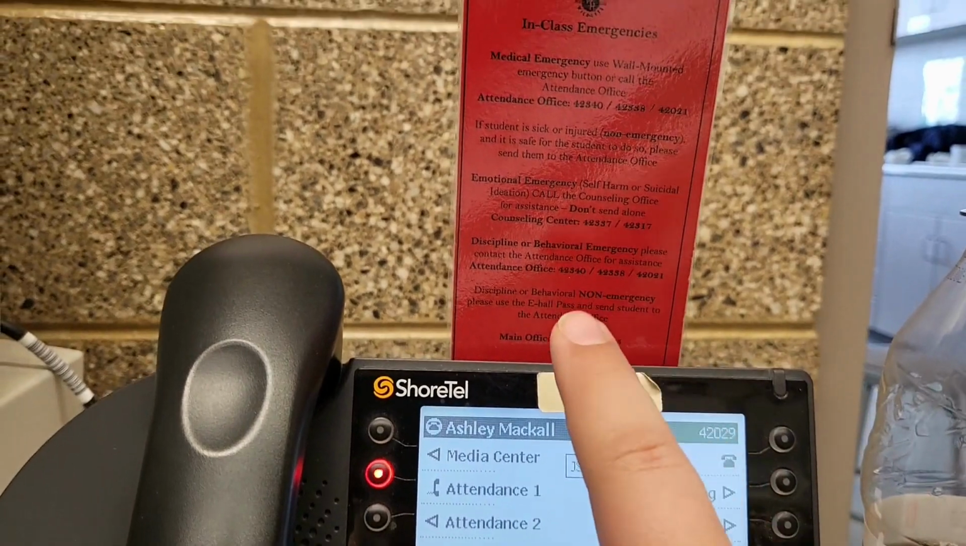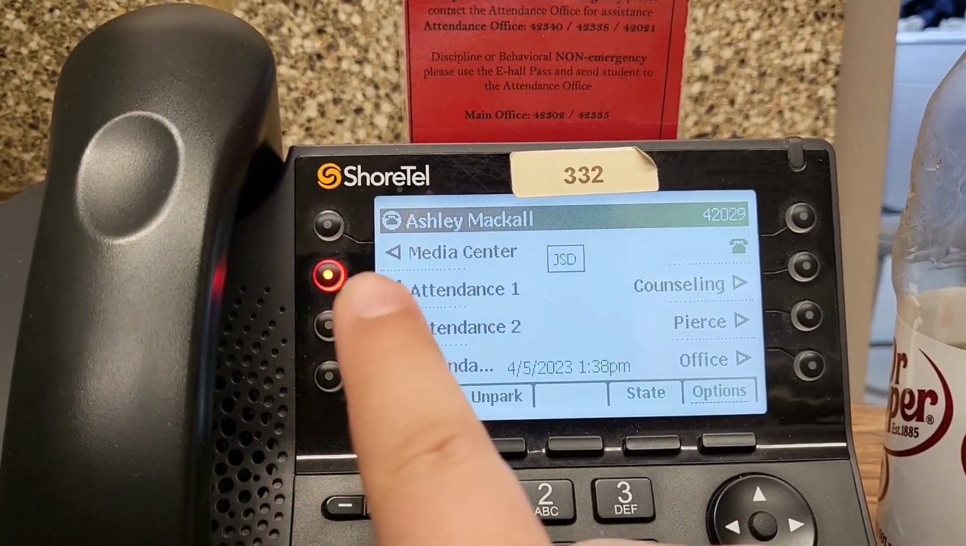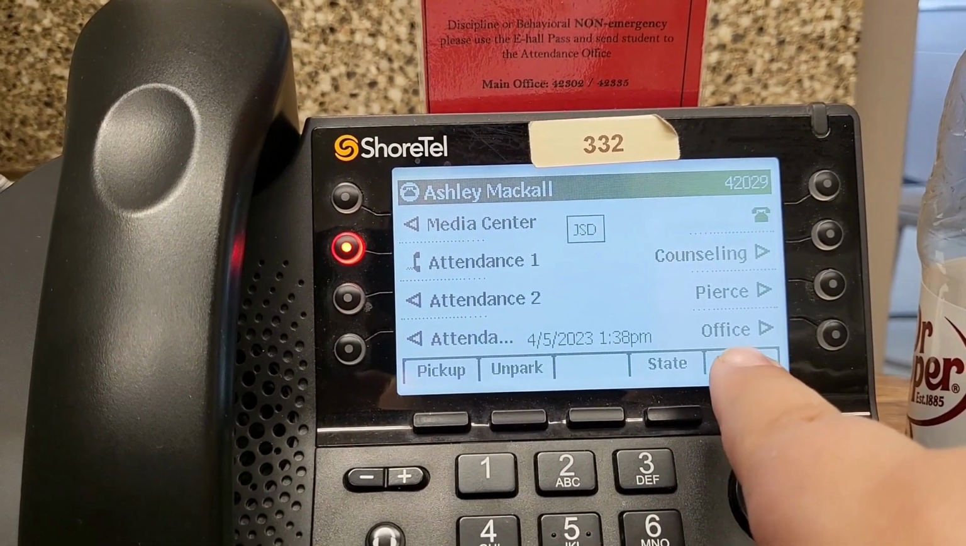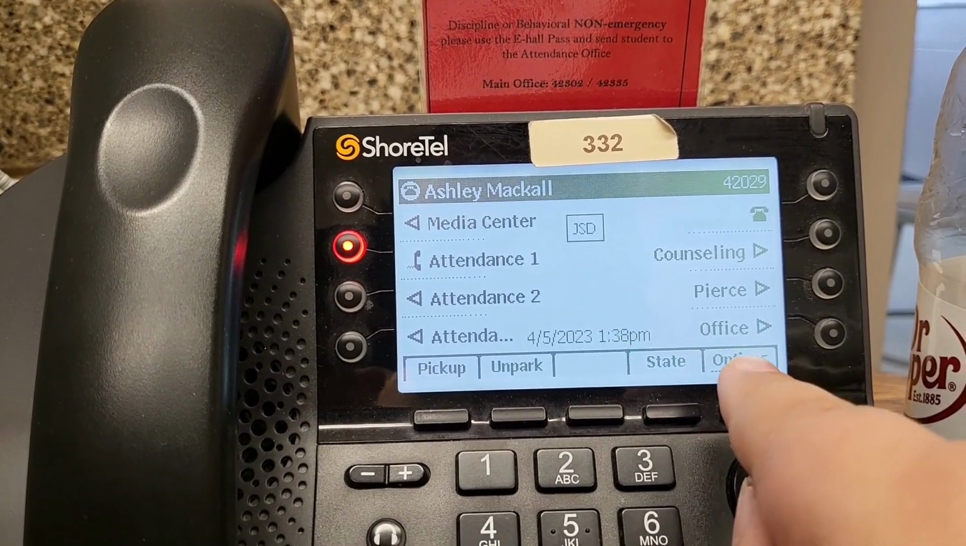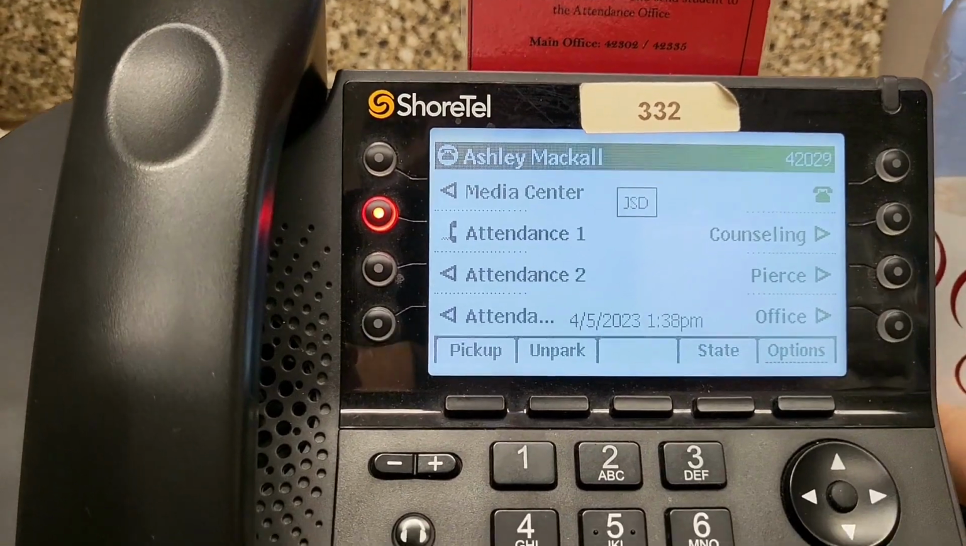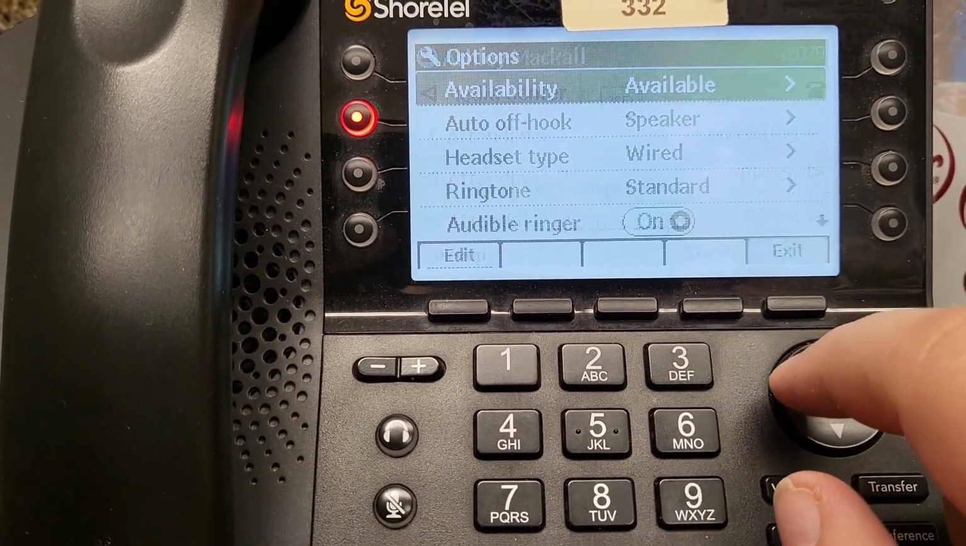So I thought we'd go over the phone this week and give you some shortcuts to help you out. As you guys can see here, we have all our emergency. However, there are easier ways to set this up. So as you can see, I have all my attendance, counseling, the person I call the most, and then the main office. So if we follow the directions on the system, what we'll do is we'll go to options, and